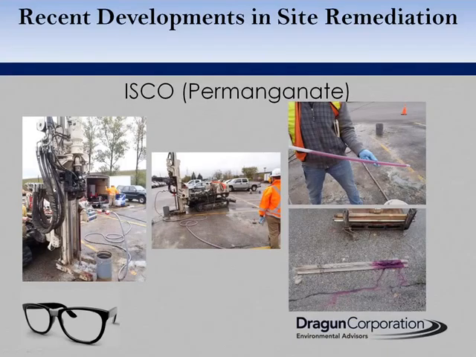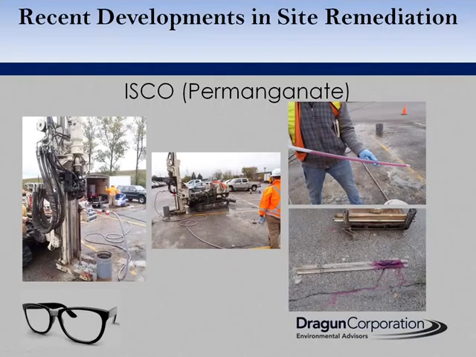So this group of photos are of another injection site. This one's in Western Ontario, where chlorinated solvents were leaked to the subsurface from a former industrial degreasing operation. In the two photos on the left, you see the injection of permanganate, which has a distinctive purple color. If you see the two photos on the right,